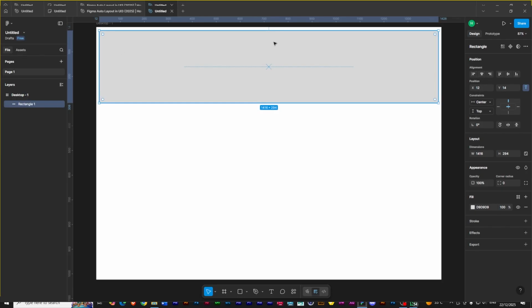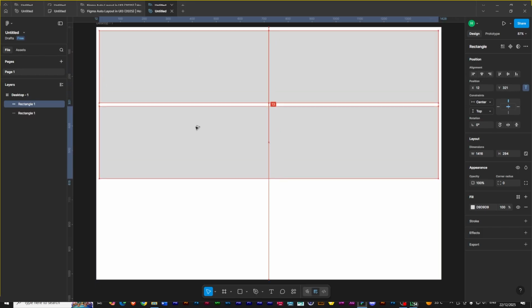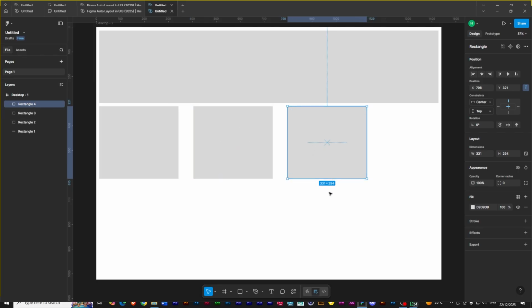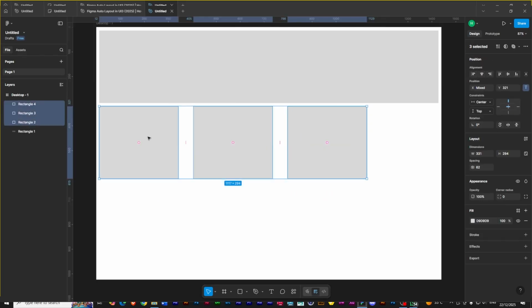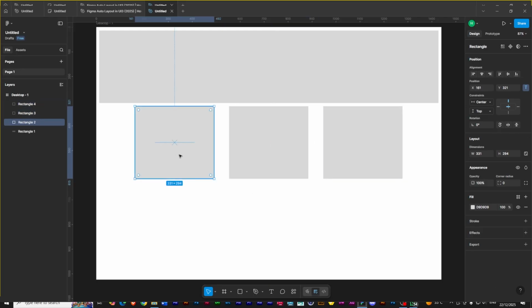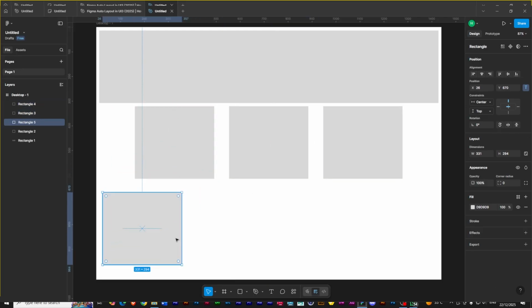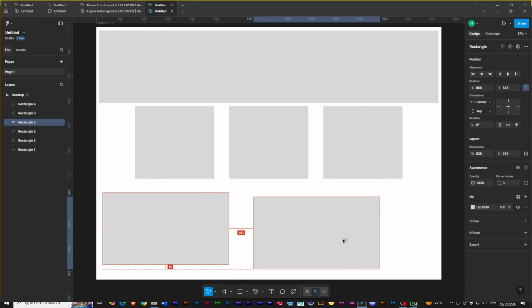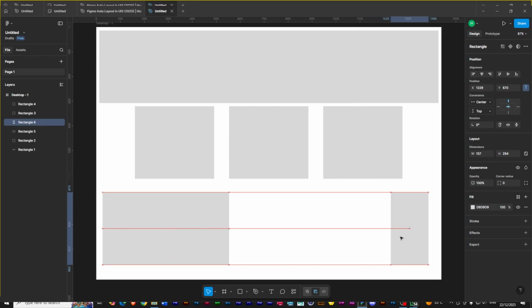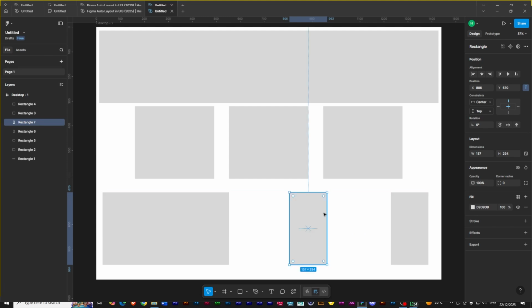Okay, just making a duplicate here, make something like this. Okay, make another one here. Control D. Probably just centralize all these three. Then just make something weird, not really doing any serious design, but something that can make it clearer for us to understand than just this one around this